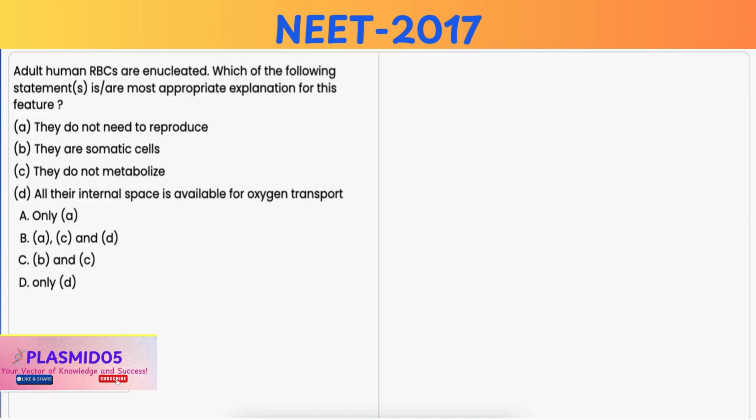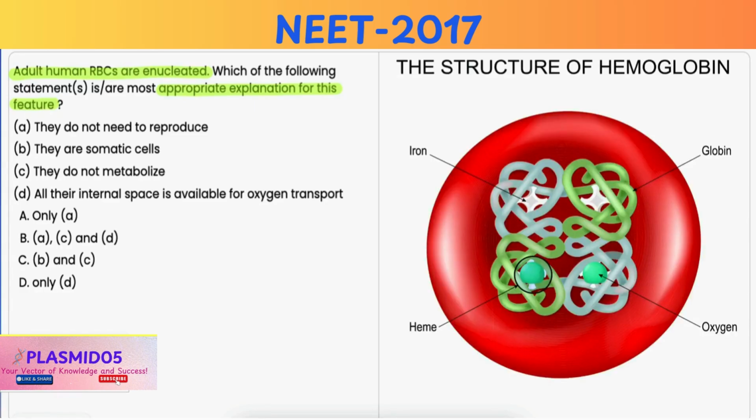Now we know that the adult human RBCs are enucleated. So in this question, you have to identify which statement is the most appropriate explanation for this feature. Option A, they do not need to reproduce. Now, while this is true for RBCs because they do not reproduce, this is not the reason that the nucleus is absent. Hence, it is